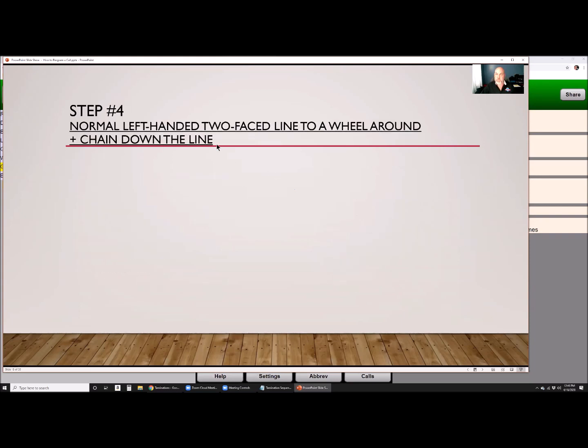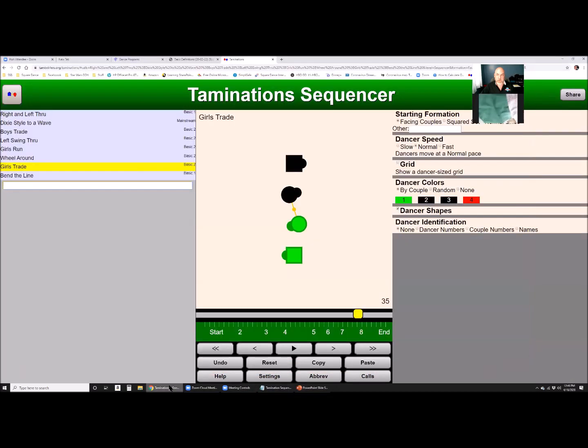My next step is minor, incredibly minor. All I do is change that girls trade to a chain down the line. I want to go back to this really quick, and I say go back like I can actually control my computer here in any way, shape, or form. So